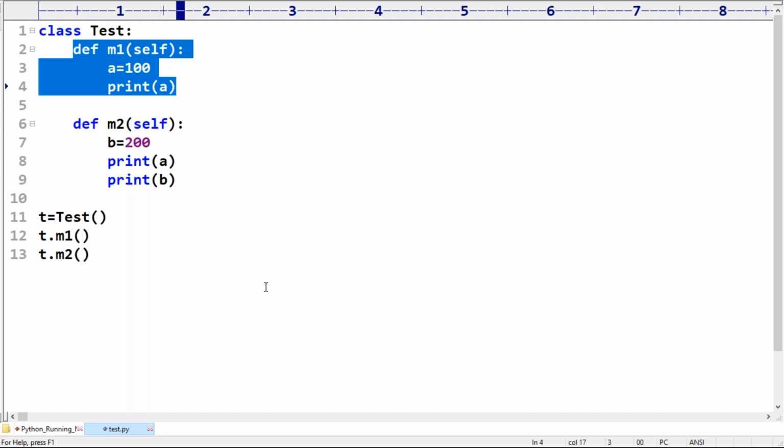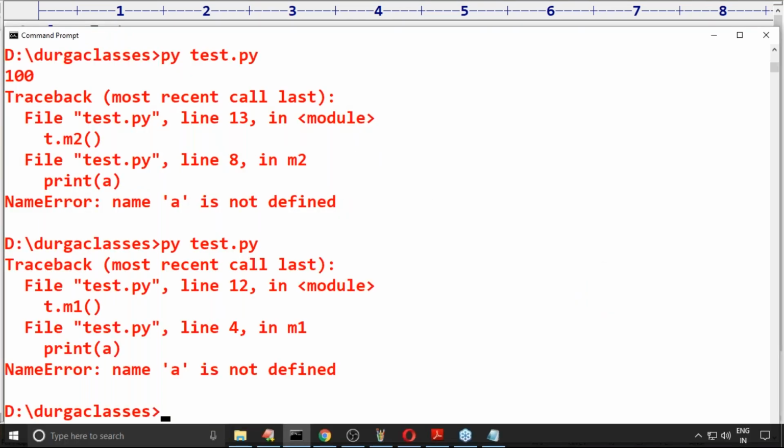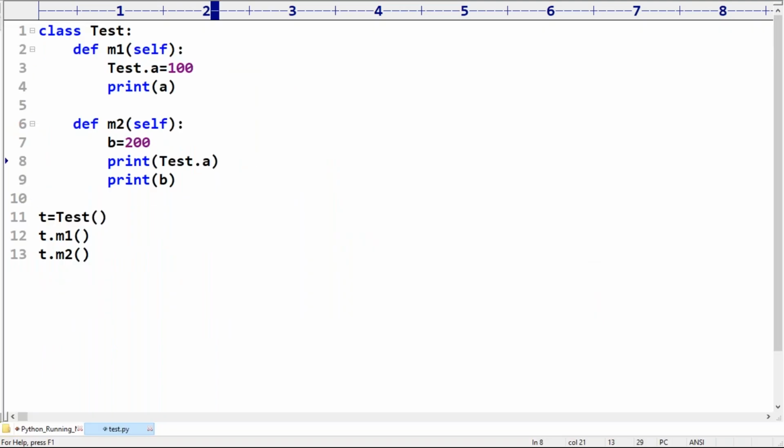Any explanation required? But if you observe, assume that it is a static variable, sir. Is it accessible or not? Can you please confirm? If it is a static variable, acceptable or not? Yes, there is no problem at all, sir. One minute. Test.a.